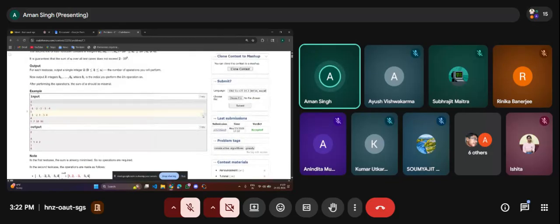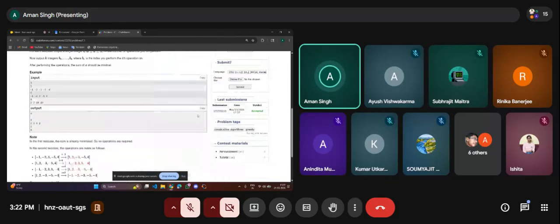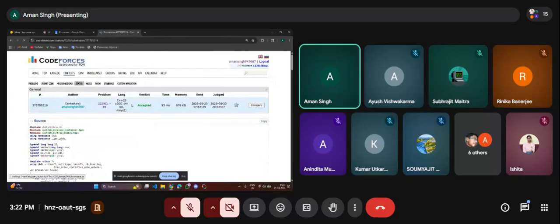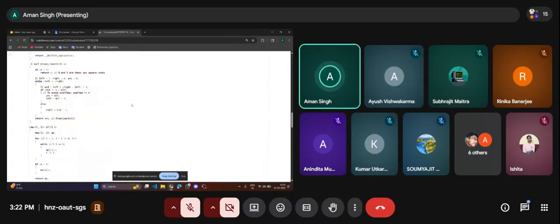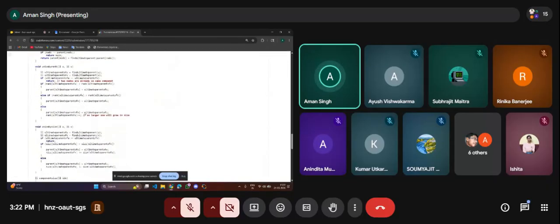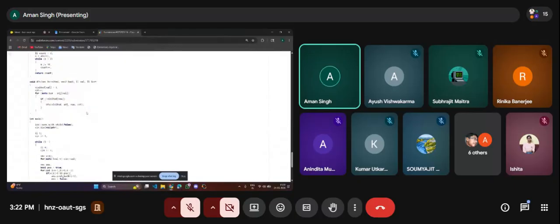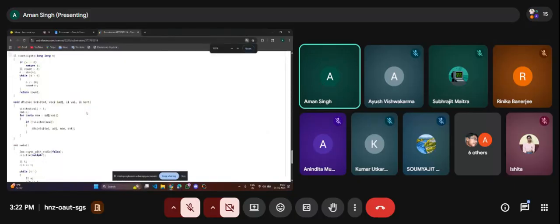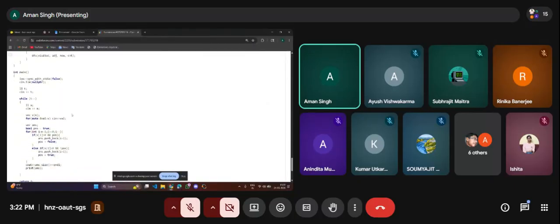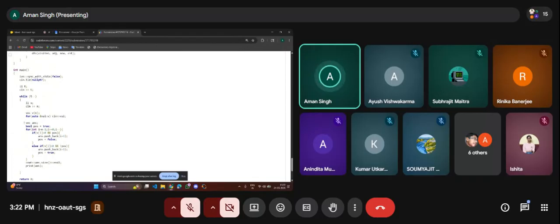Okay, let me show you the code so that it will be more clear for you. We are following the approach to convert all the elements negative. See, I am storing in an answer vector the sequence of operations.